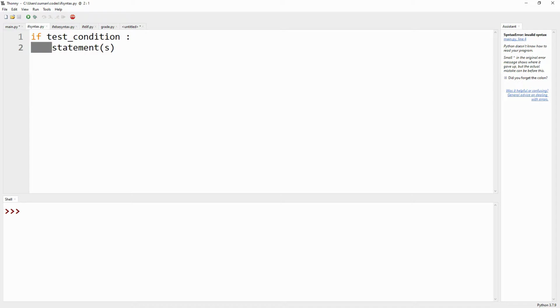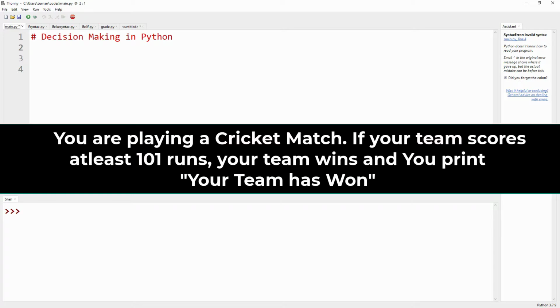Let us check the if statement with a program. The problem statement is like this. Suppose you are playing a cricket match. If your team scores at least 101 runs, your team wins, and you print that your team has won the match.